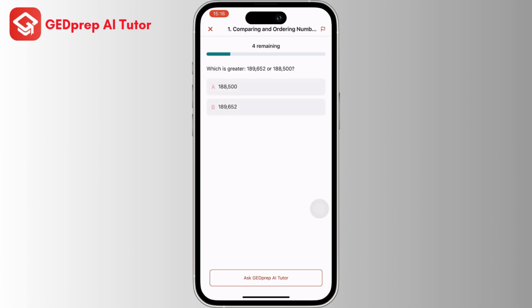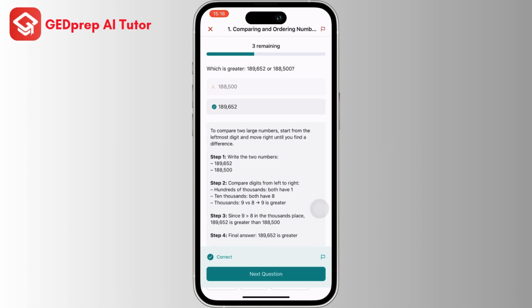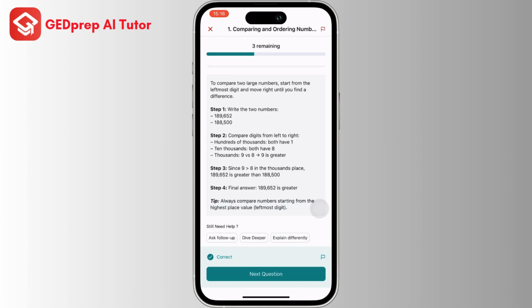Question: which number is greater, 189,652 or 188,500? Option A, 188,500. Option B, 189,652. The correct answer is 189,652. Explanation: to figure out which number is greater between 189,652 and 188,500,